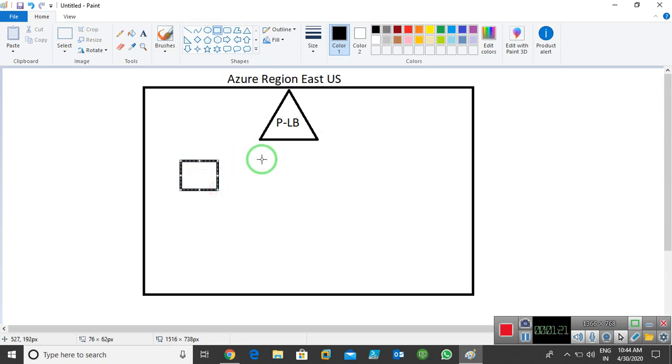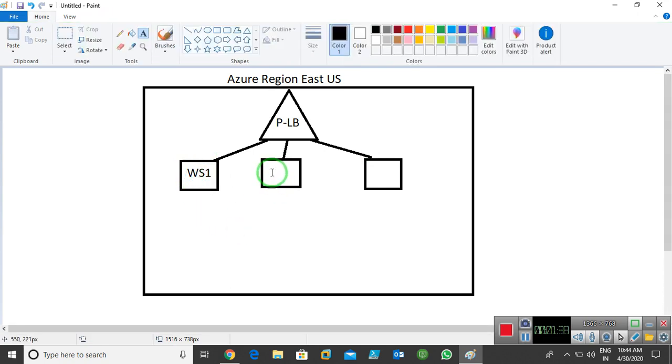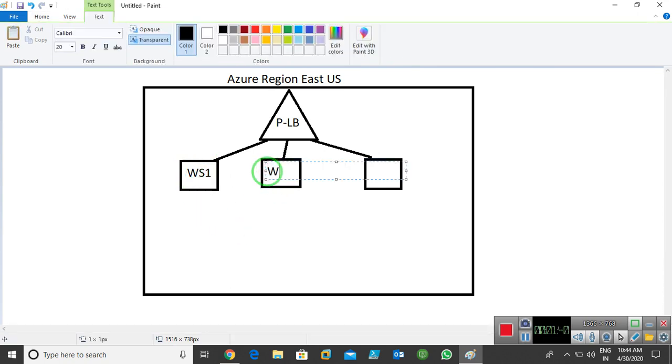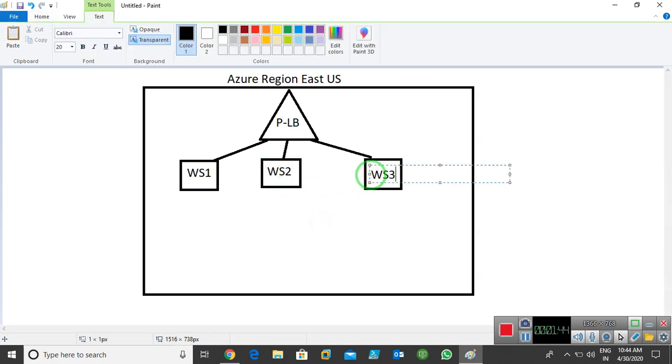This is my one VM, second VM, and I have three VMs. Okay, and it sends the internet queries to the VMs equally. This is my servers. This is my Windows Server 1, this is my Windows Server 2, and this is my Windows Server 3.